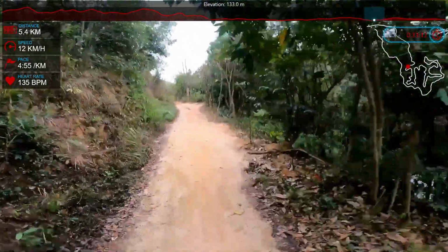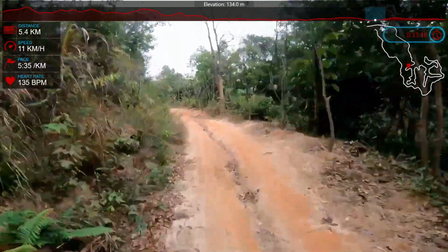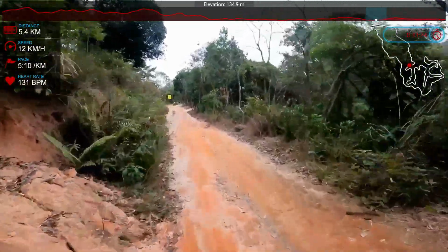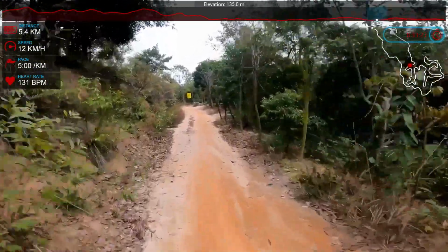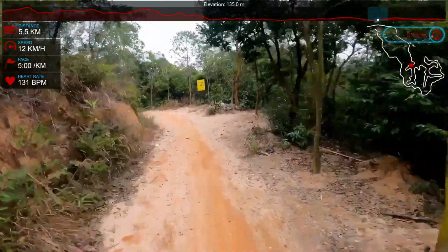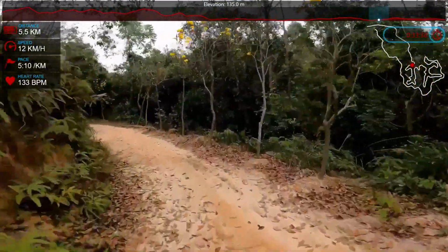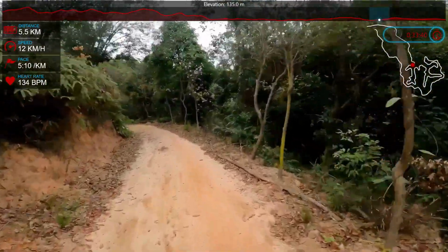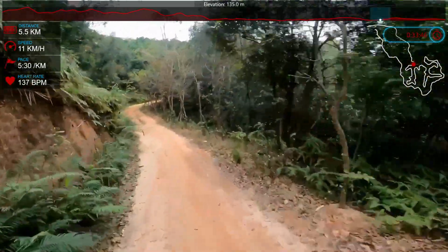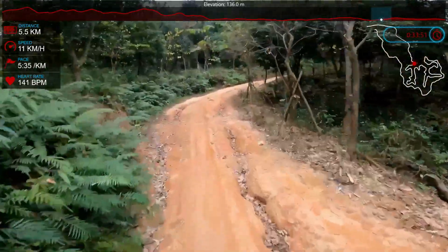Where is that junction? I think just here. No, I'm wrong. Here, that's it. So I'm going to turn left, but there's a trail that goes... Oh wait, no, I'm still not there. It's longer than I first thought. But I will go left when we get to the junction, so just a heads up if you're running on your treadmill that you don't go and step on...